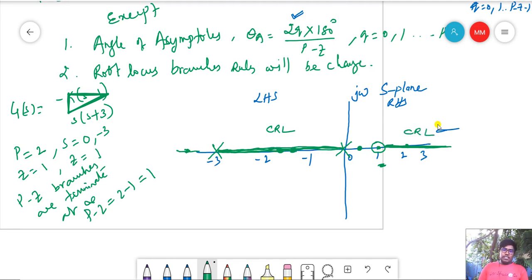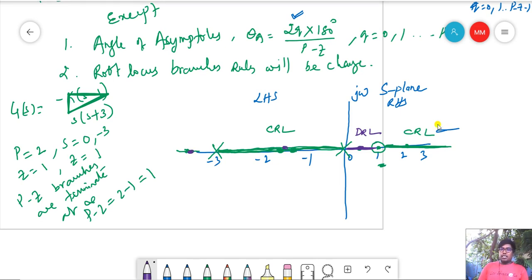Okay. Now we'll see the direct root locus. So keep one point here. For direct root locus, the right side should be odd number. So whatever the point I kept, it lies in the root locus. This is direct root locus, right? Keep one point here. The right side should be odd number, but in this case even number, 1 pole 1 zero. So whatever the point I kept, it does not lie in the root locus. So there is no root loci here for the direct root locus, I am saying, right?